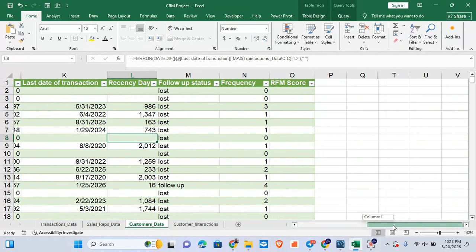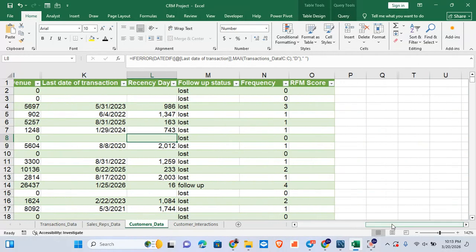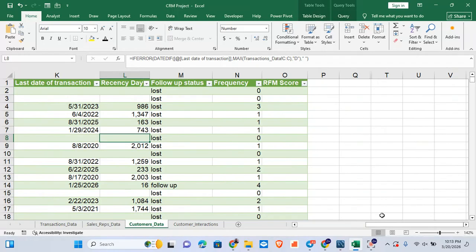Okay, so now that I have that, let's do what we want to do. So there is a theory. Two things we can do with this RFM now is that we can either try to